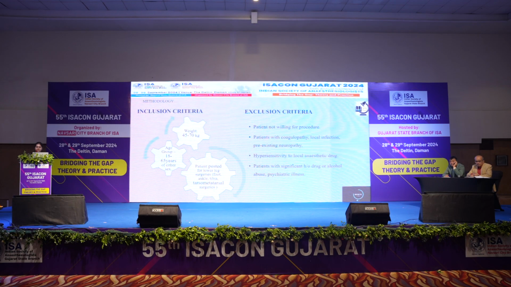Patients of 45 to 70 kg weight and 18 to 65 years of age, posted for lower leg surgeries, foot, ankle, tibia and tarsometatarsal surgeries, were under my inclusion criteria. Patients not willing for the procedures, with coagulopathy, local infection, pre-existing neuropathy, hypersensitivity to the local anesthetic drugs, and with significant history of drug or alcohol abuse were